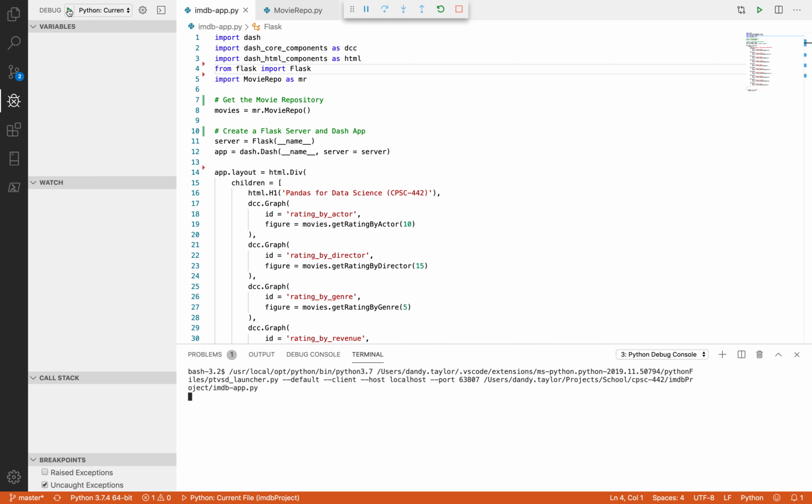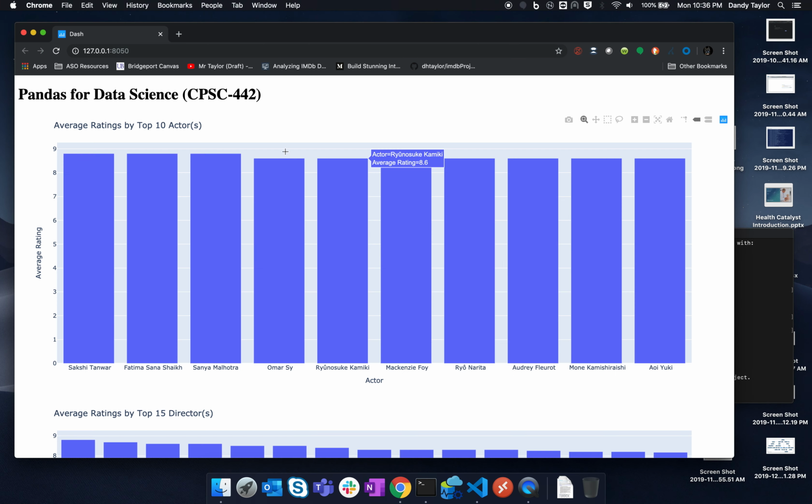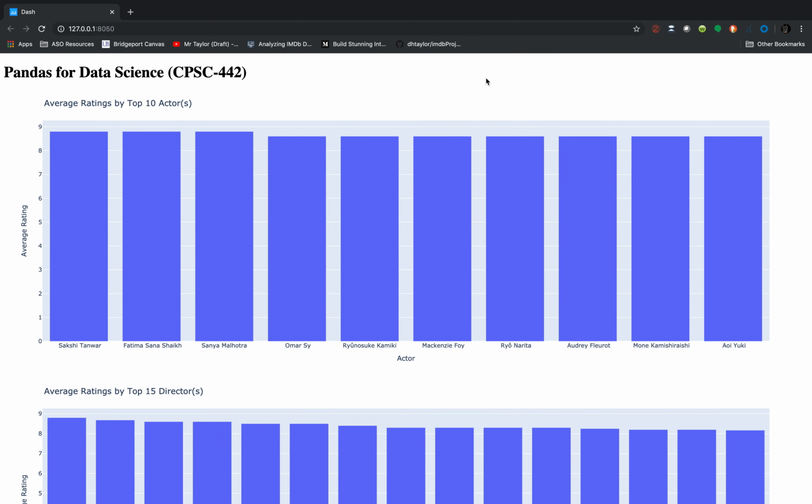Okay, so let's see if this will start. You might have to actually run it from the command line. Okay, so here it said it went ahead and started my Flask server, it tells me what the environment is, and it gives me this link, so I can command click on it, and that is going to open up my web browser with all of these